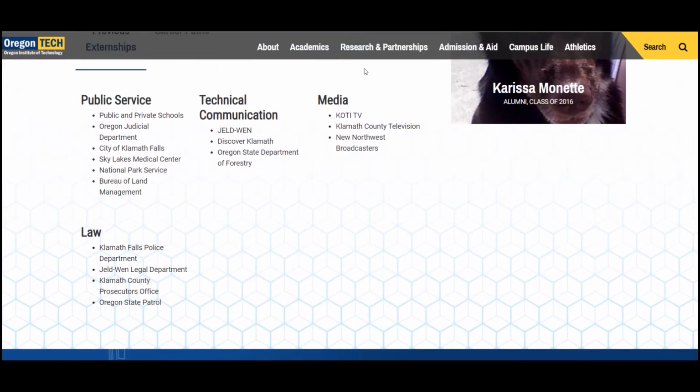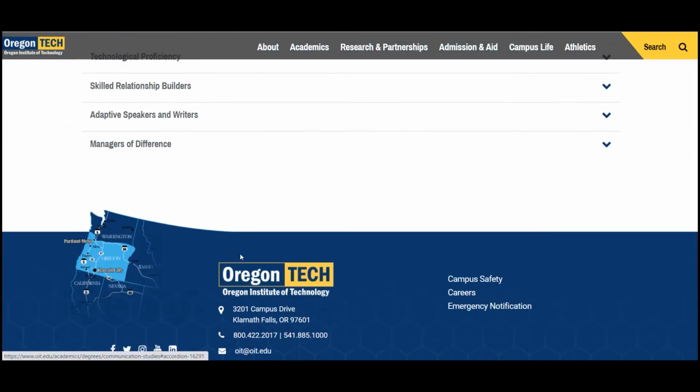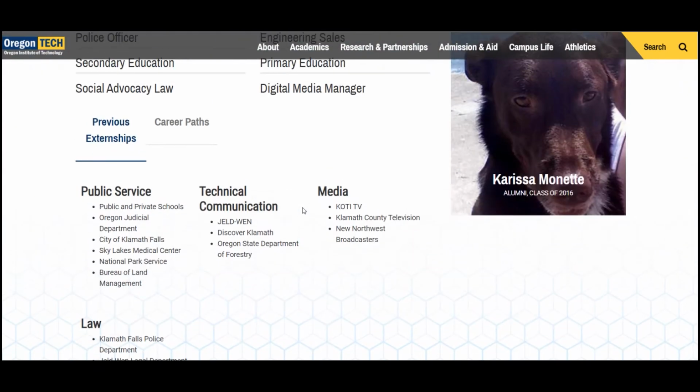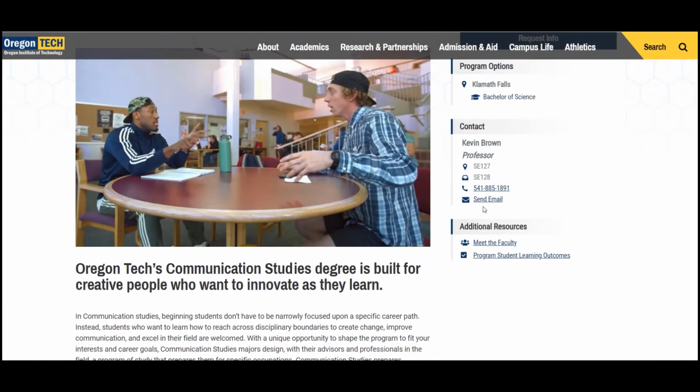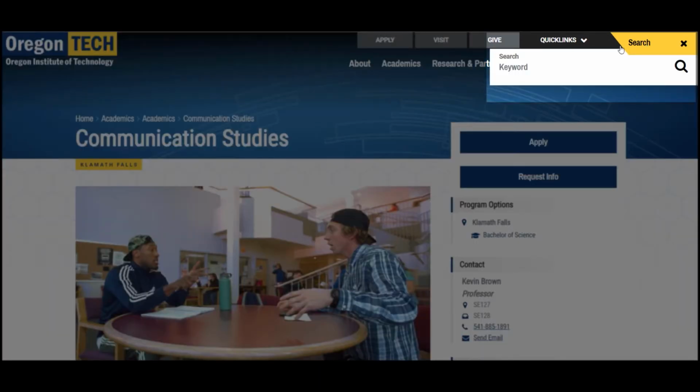And then we look down here and they do talk about technical communication, media, but I didn't see a list of classes here. There's a lot of good information here that I am glossing over right now, but I didn't see anything on the sidebar. And I thought I saw that on other majors, and sometimes there are inconsistencies like this. So one thing that you can do is you can come up here and just search for the catalog,